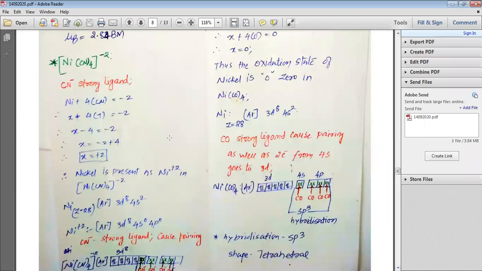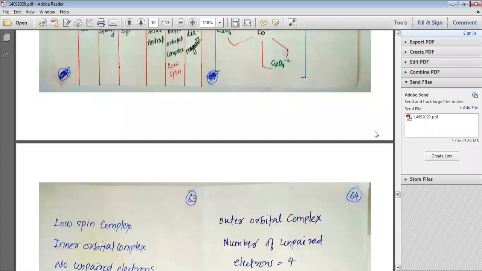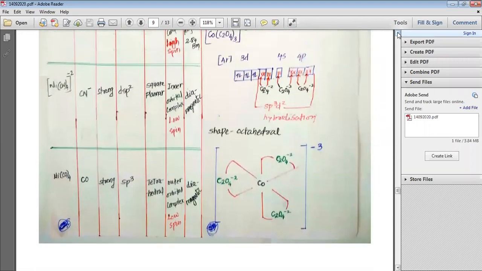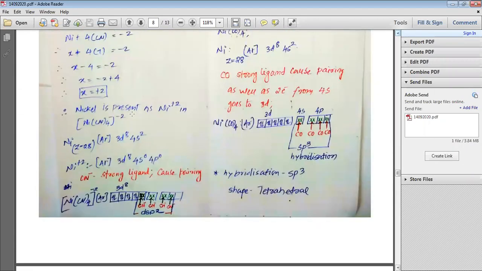This is how, my dear students, we now go on to understand Ni(CN)4 minus 2. CN minus is a strong ligand. The oxidation state of Ni in Ni(CN)4 minus 2 is +2. So nickel is present as Ni +2. Nickel, atomic number Z equal to 28, has the electronic configuration argon 3d8 4s2. When we have Ni +2, the 2 electrons from 4s are removed. So as the 2 electrons from 4s go out, the electronic configuration of Ni +2 turns as argon 3d8